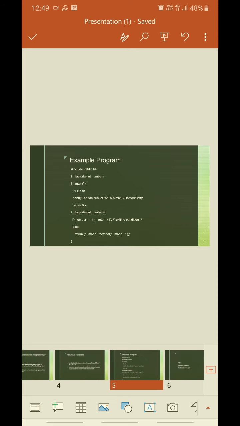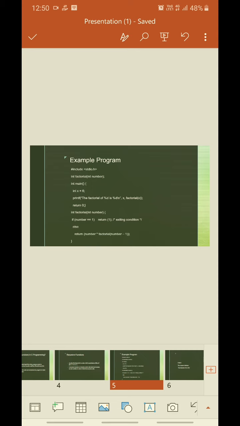So here in this program, we declare our recursive factorial function which takes an integer parameter and returns the factorial of this parameter. This function will call itself and decrease the number until the exiting or the base condition is reached. When the condition is true, the previously generated values will be multiplied by each other and the final factorial value is returned. We declared and initialized an integer variable with value 6 and then print its factorial value by